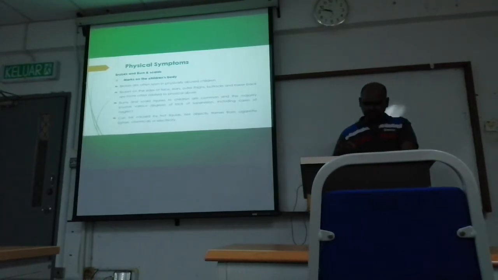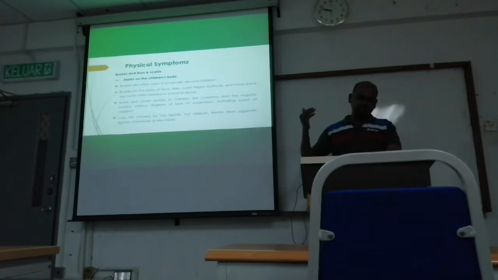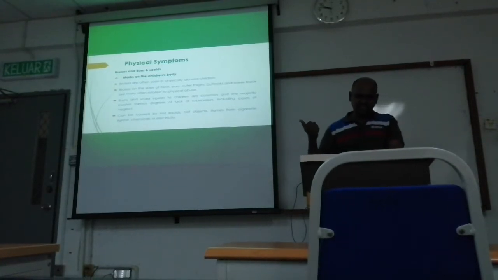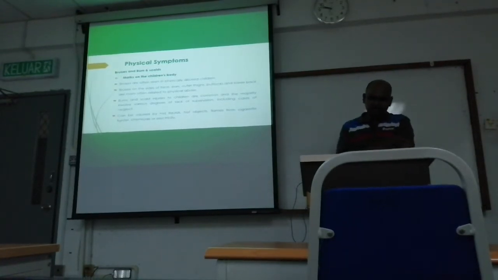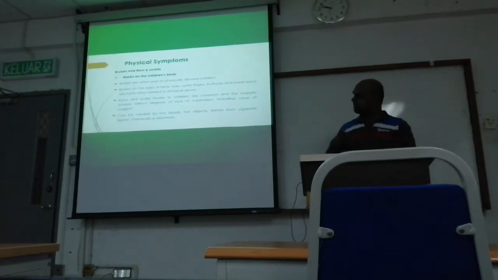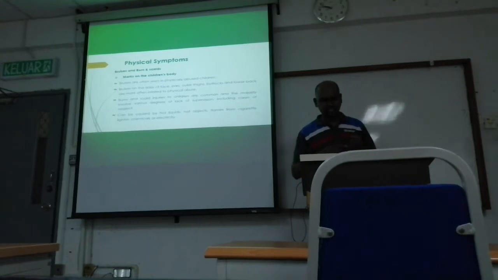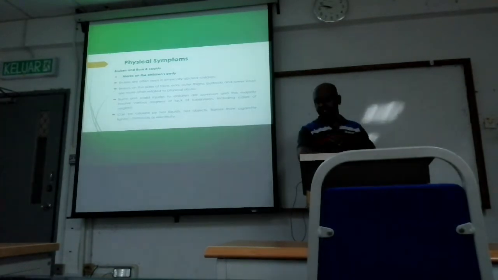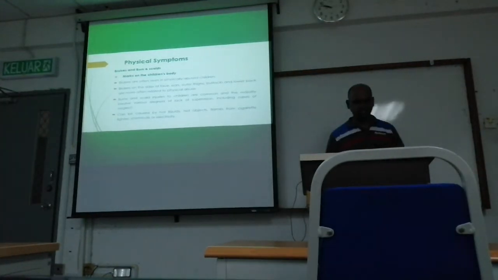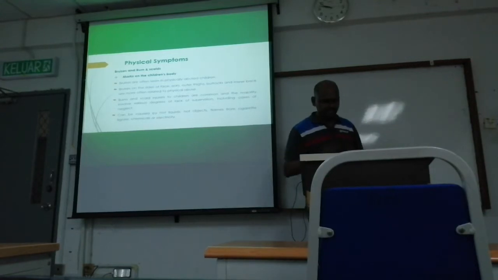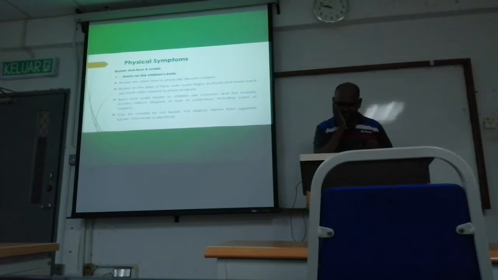Under this sign, the first thing that we can notice is the marks on the child's body. Bruises are often seen in physically abused children. You can see the marks on their body, and they can be on the face, ears, outer thighs,